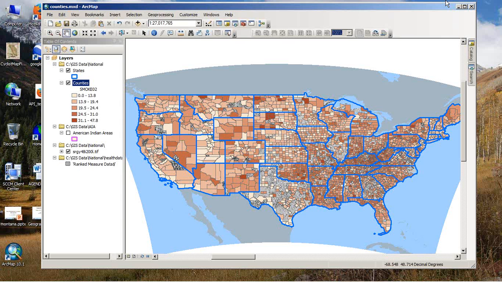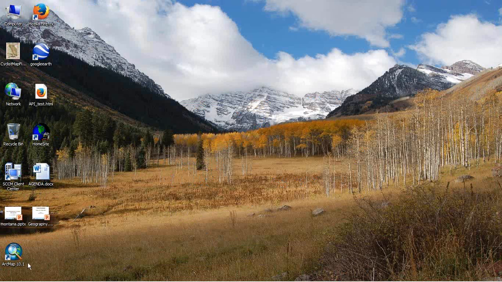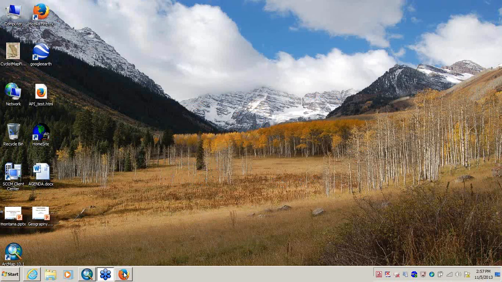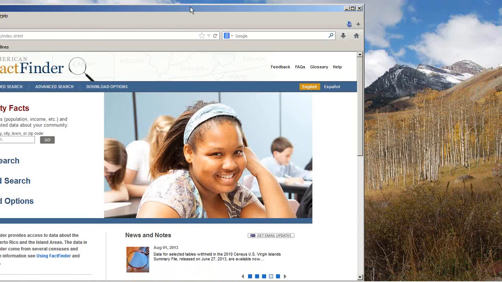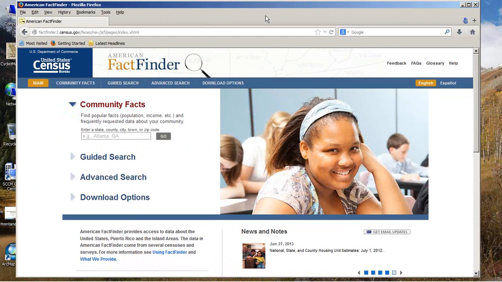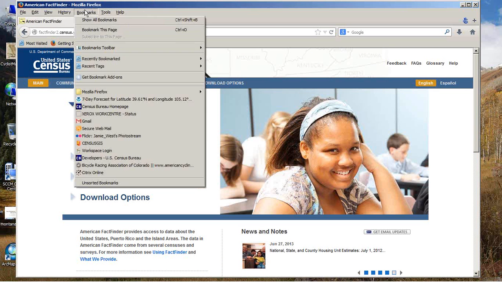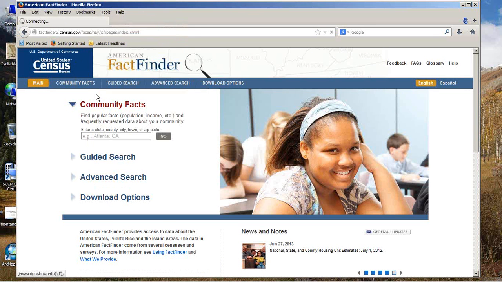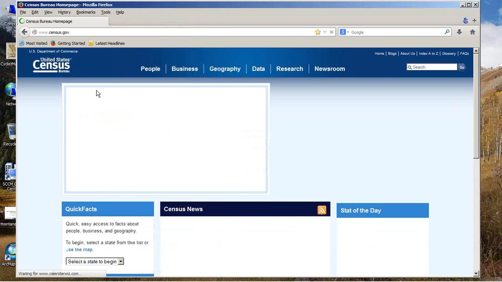We're going to go through a few short exercises, and then we're going to pick a variable. I guess I'll go ahead. No, this takes forever to load, so I'm going to leave it run. Let's see where I am here. Here's Fact Finder. So let's start your American Fact Finder, and if you need help on where that is, start at the Census Bureau's home page,